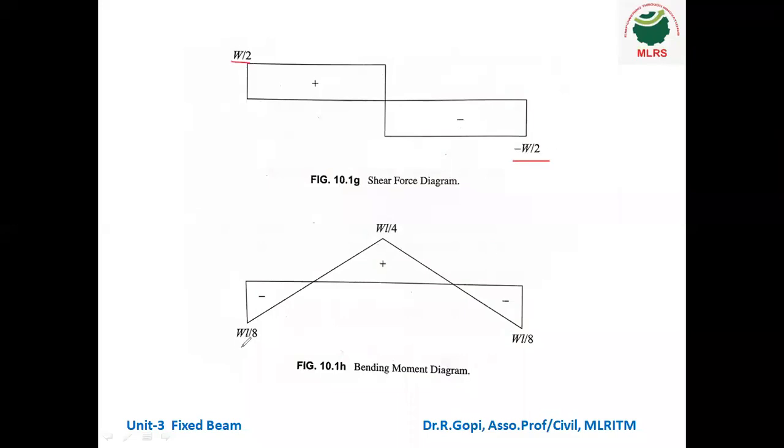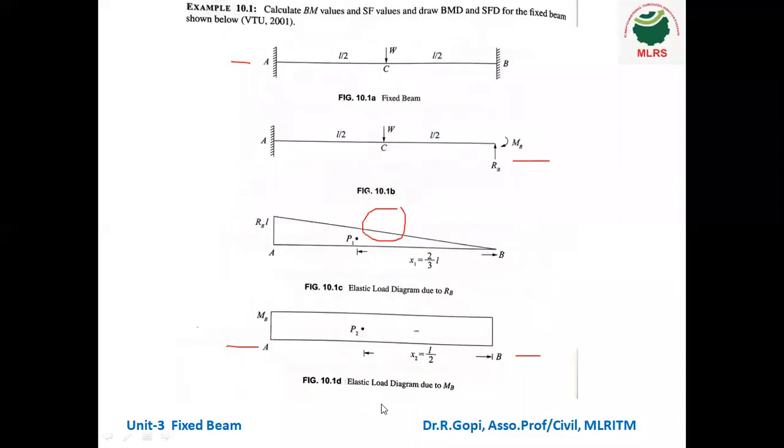And the bending moment diagram, I already told. So it is a negative hogging moment at the support. So it is WL by 8. At midspan, you can take the moment about the center. So take a moment about the center point. Okay, take a moment about this point. Either you can take left side or right side. Okay, so that means W by 2 into L by 2. So we get WL by 4. This is the moment at the C point.